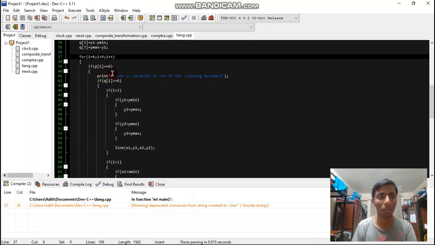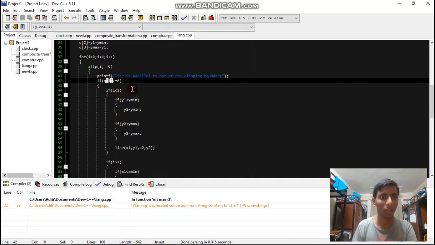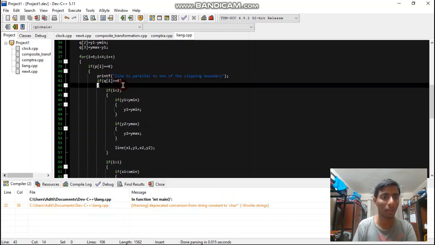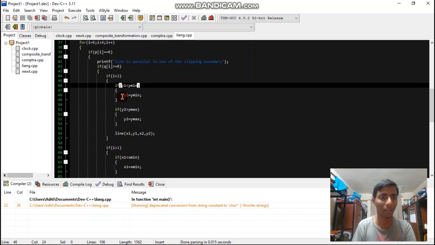boundary or not. So if the value of pi is equal to 0, it will go inside and check for qi. Basically, what is done here is, if the line is parallel to any of the boundaries of the window, it will check for qi. So if qi is less than 0, then it means the line lies outside the boundary, so we discard it completely. And if qi is greater than 0, then, as you can see, we check